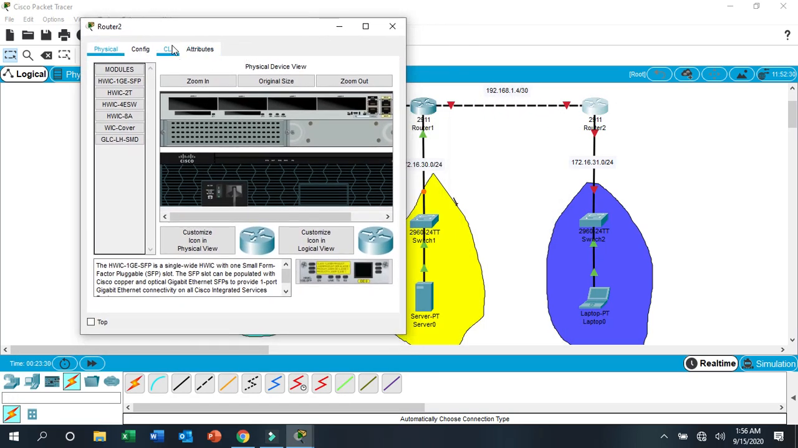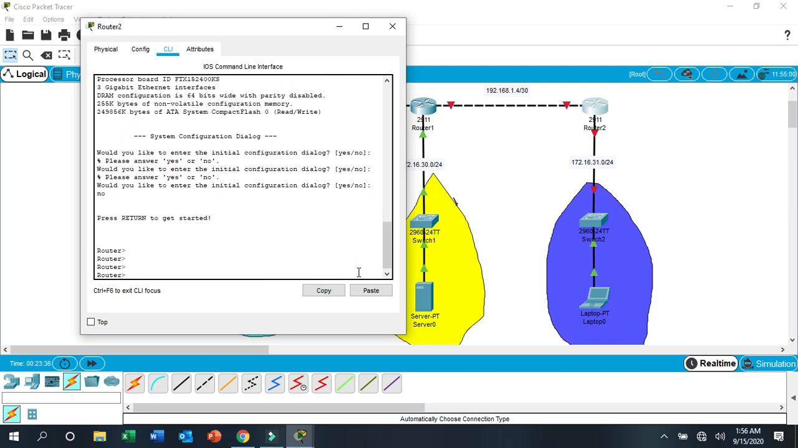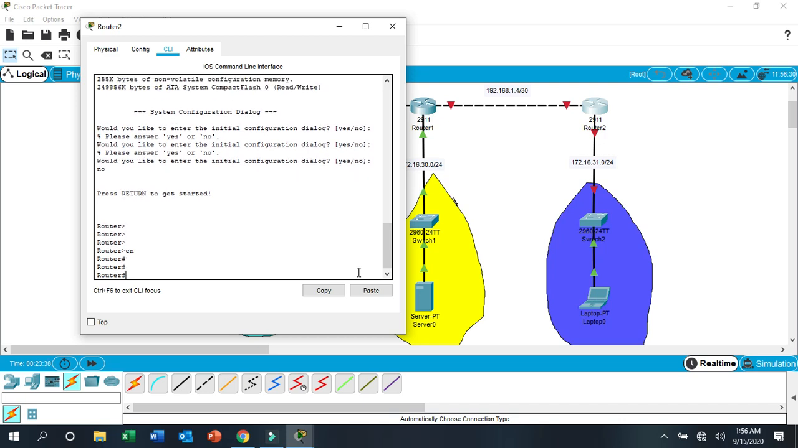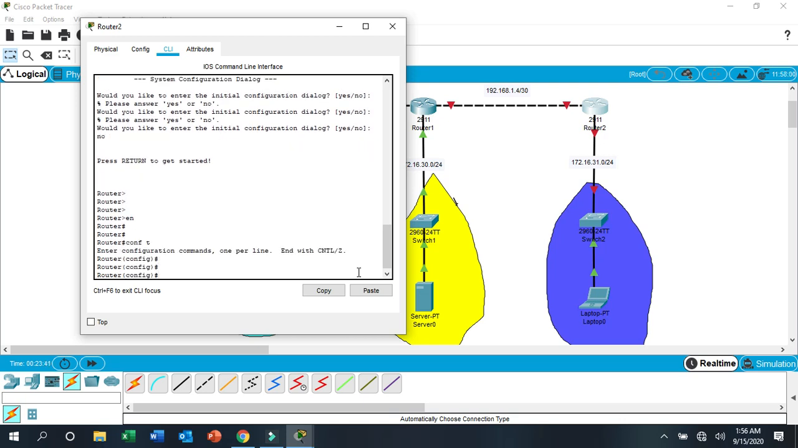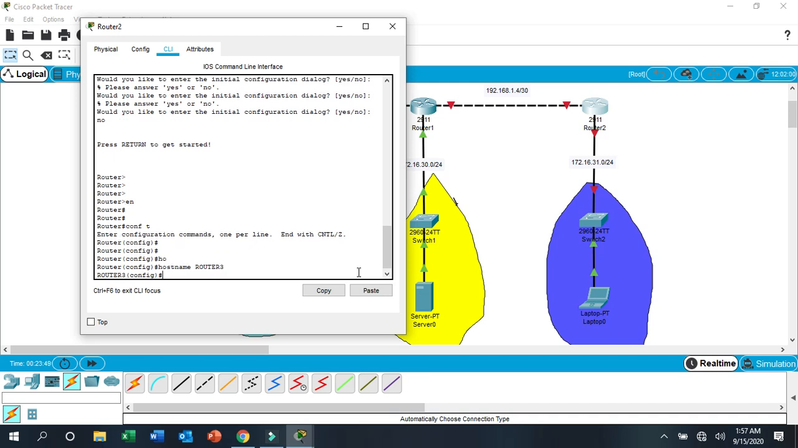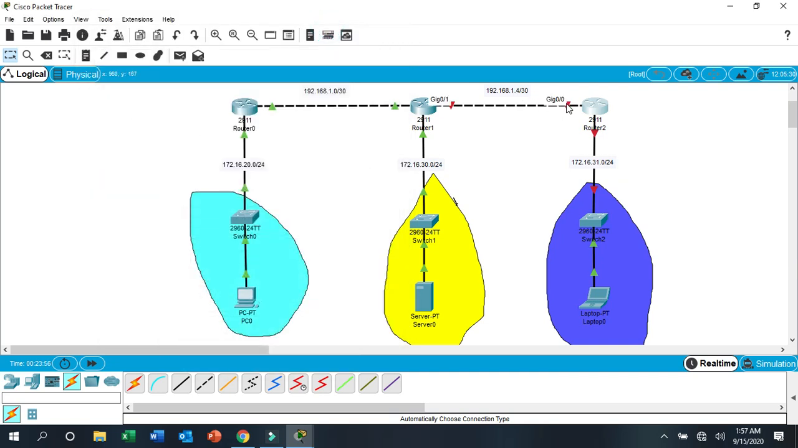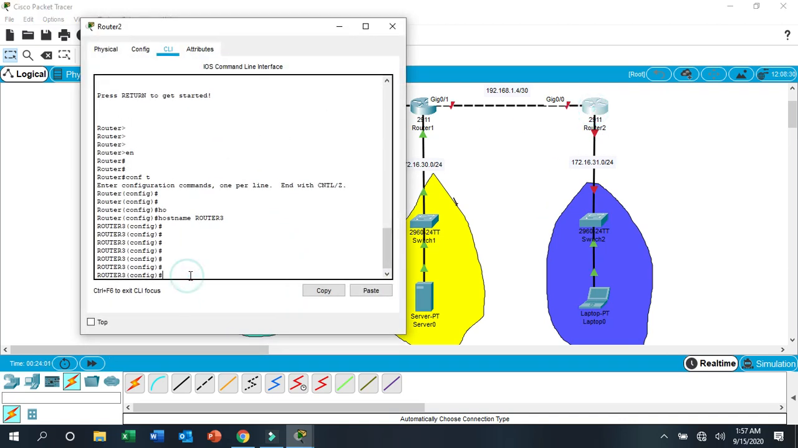For the third router, let's enter the CLI. Type enable to go to privilege mode, config t to go to configuration mode, then hostname, let's give a name to our router, which is Router3. Let's enter the interface and assign an IP address. So let's enter the interface by typing interface G0/0, then IP address